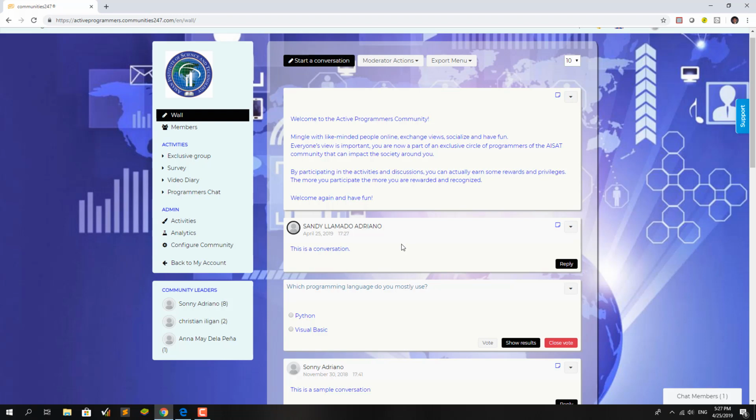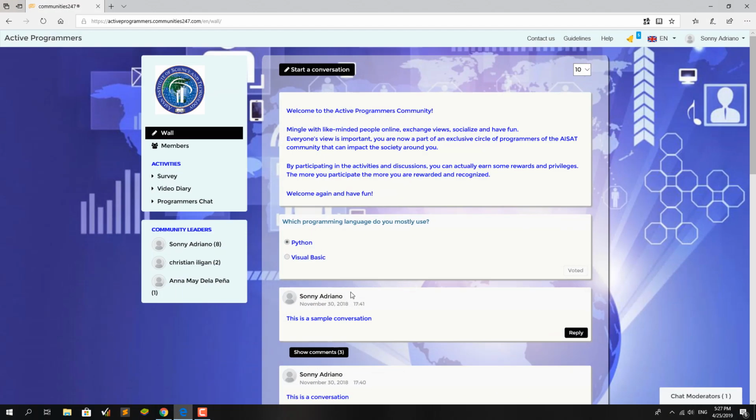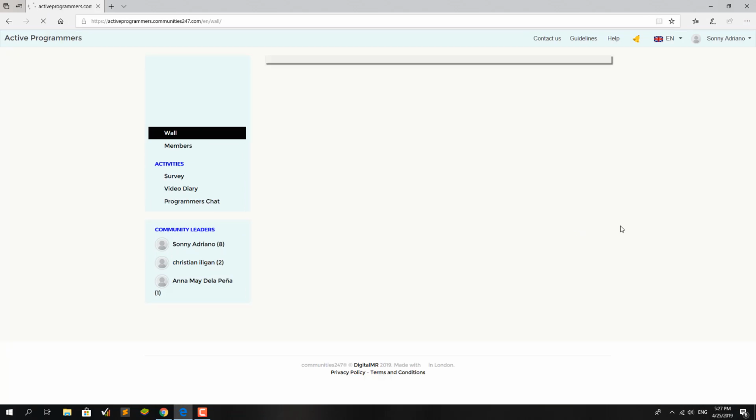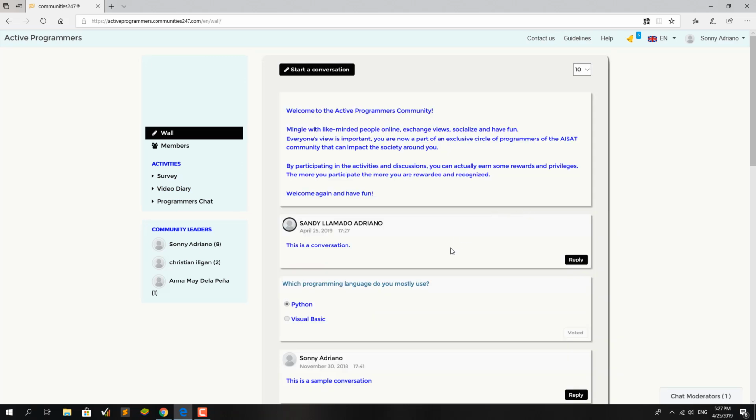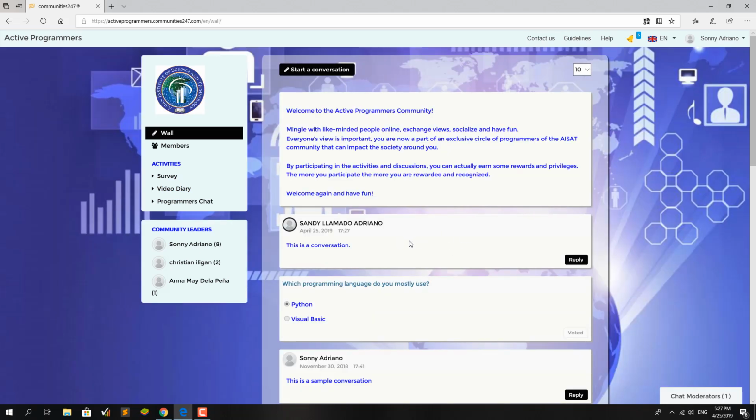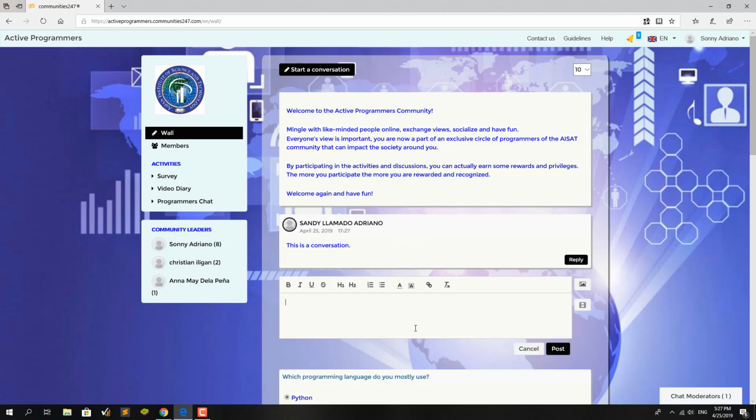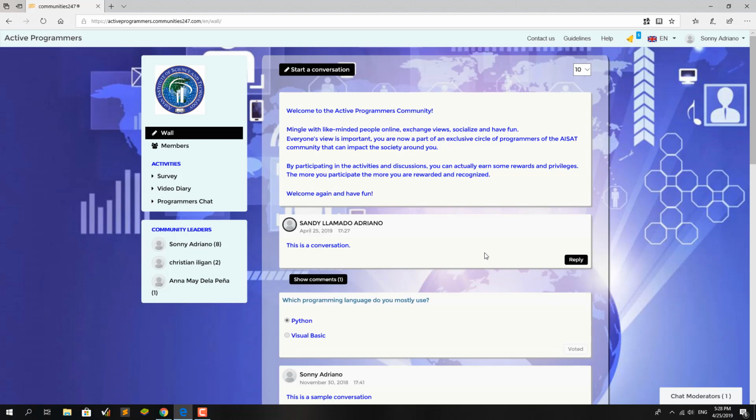And a member can reply to this post by clicking the reply button. Let me switch to a member view by switching browser. This is how the member views the wall, and I just refreshed it, so the latest post is listed, and I can click reply here and make my own reply, and my reply will automatically be posted in the wall.